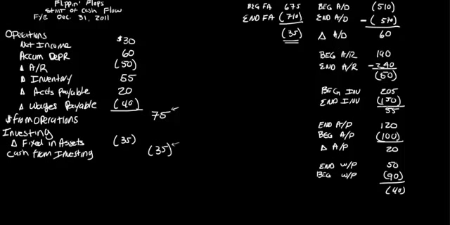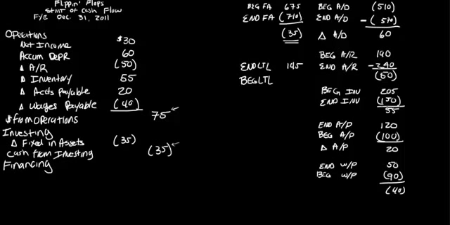All right, so the final section then we're looking at is the financing section. And in the financing section, remember, we're looking at long-term liabilities and the equity section. So we only have one long-term liability. And remember, we flip it when we think about the liabilities and equity side. So we look at ending long-term liabilities, or long-term bonds, and that is 145. And we're going to look at minus the beginning